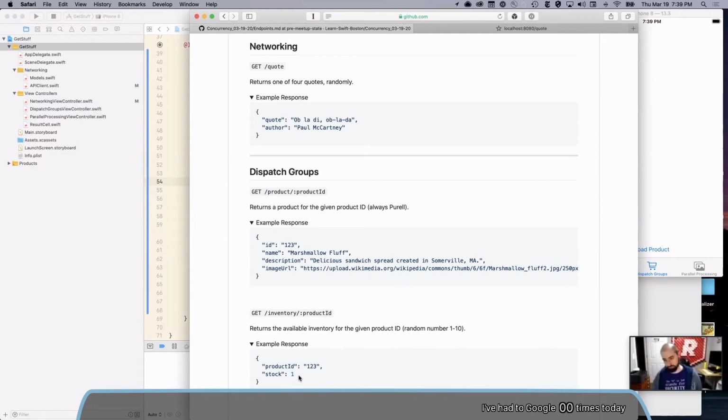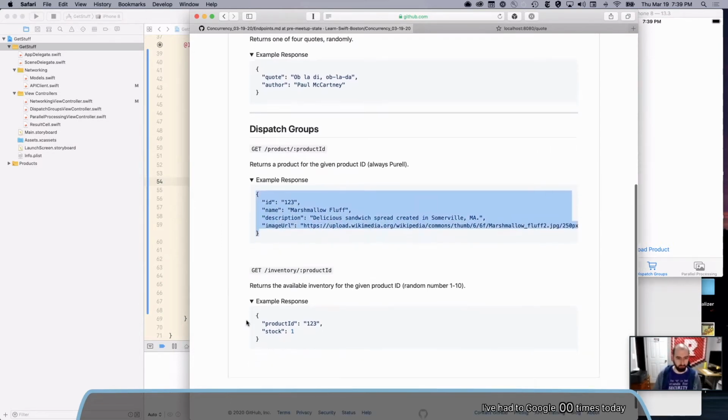Now, you could maybe make the case that the design decision you want to make here is load this stuff as soon as you get it, put a little spinner and load the stock when you load that. That's fine. You can do that. What we want to do right now is pretend that these are coming from a better designed API that has just one endpoint. And so we're going to pretend to the user, hey, we're loading. Cool, we've got everything. Let's show it. I think that's a really common use case.